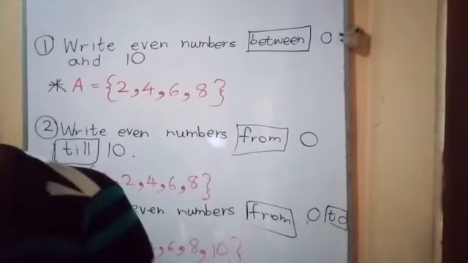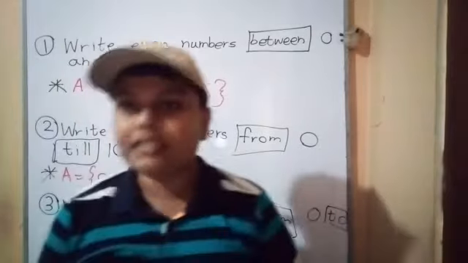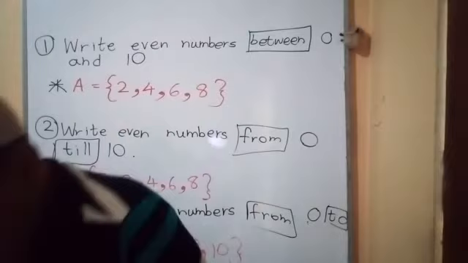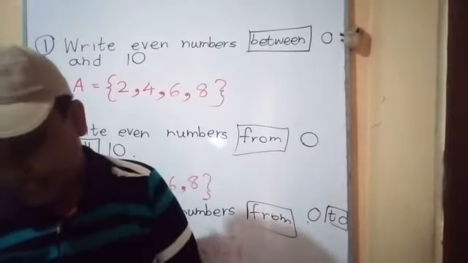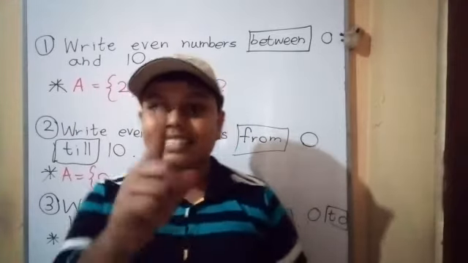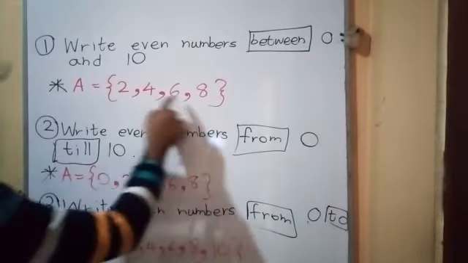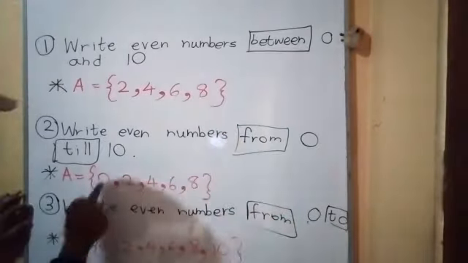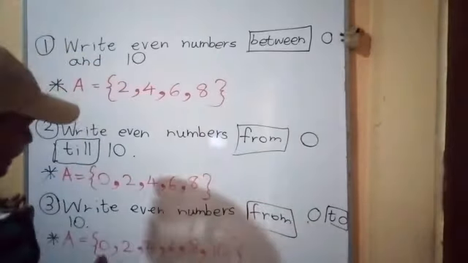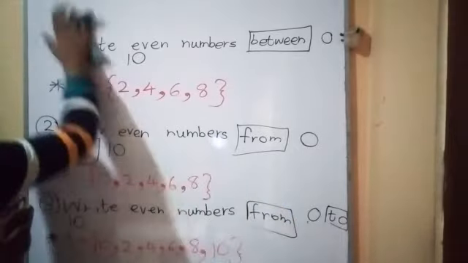Now let's see. A group consisting of such items that can be clearly identified is called a set. Okay, now various types of items can belong to a set. The items that belong to a set are defined as its elements. I say now these are elements. 2, 4, 6, 8 are the elements. 0, 2, 4, 6, 8 are the elements of this set. 0, 2, 4, 6, 8, 10 are the elements in this set.